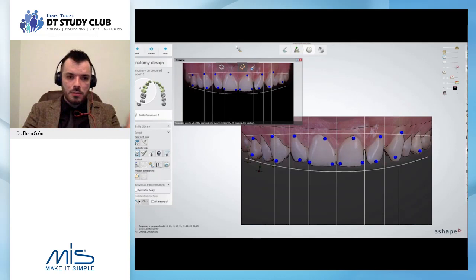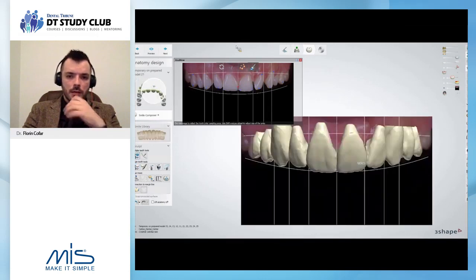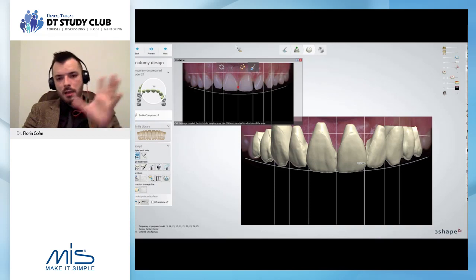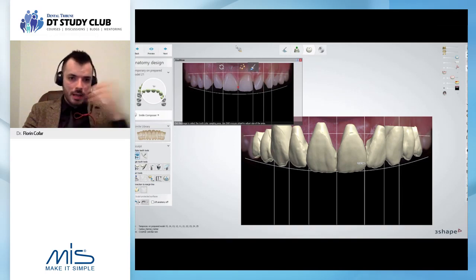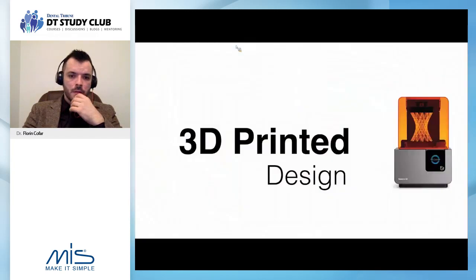We can align the picture with the scan. This is another feature of 3Shape called Real View, and then the individual STLs of the teeth that you have from your library, and you can create as many libraries as you want. You will position them, you will 3D print it,